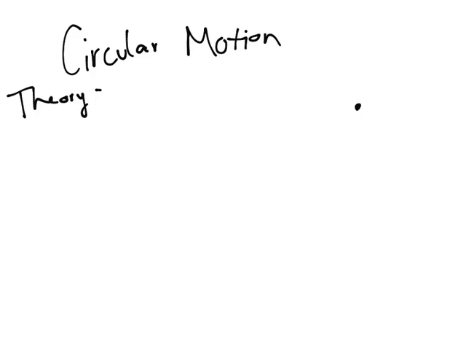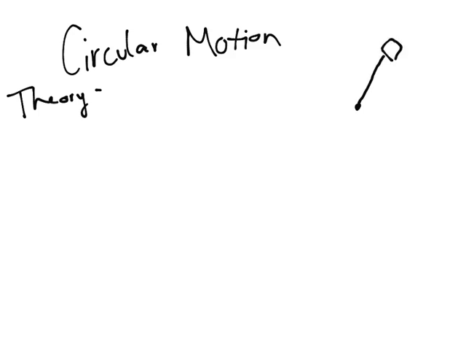Hello class, so this is going to be just a, as quick as I can, a little mini lecture on circular motion. So I'm first going to go over the theory. Circular motion is, say, a car circling along a racetrack, or at least the curved portions of a racetrack. Or it could be you have something on a string and you're twirling it, your headphones around your finger. So let's say we have something on a string,